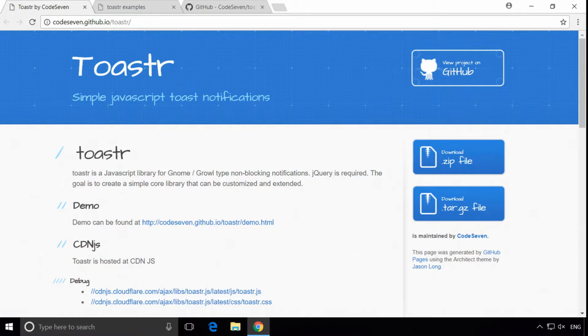I found a library today which is really useful. We had a scenario where we wanted to display notifications to customers once they'd updated their contact details in their account. Instead of a full page reload and displaying a new element on the page, we thought it'd be nice to have a pop-up to let them know that the action had completed. So we came across this library, Toaster JS, a JavaScript library that will display a toast